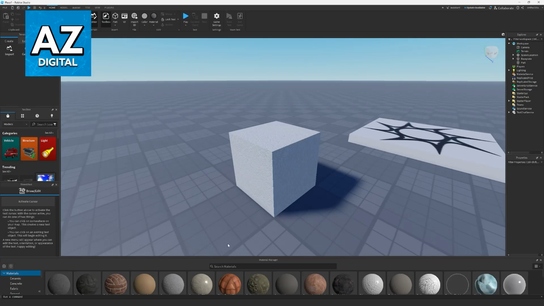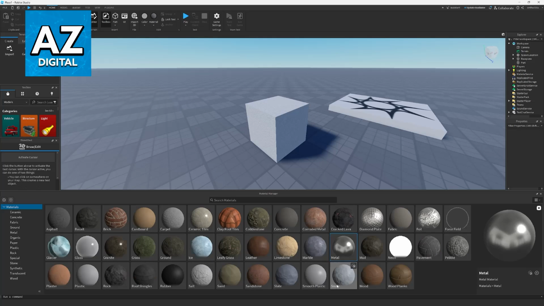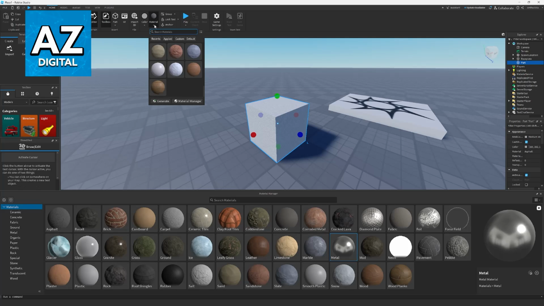You can click on Material Manager to open an expanded view. So I'm going to use this because it is better for me to record. So you have all of your materials here. When you click on them, you will see this preview and this tiny ball. And then if you click on a specific part and then you choose Material at the top, you will be able to apply it. If it doesn't change when you click it over here, then just make sure that you select it from the top.